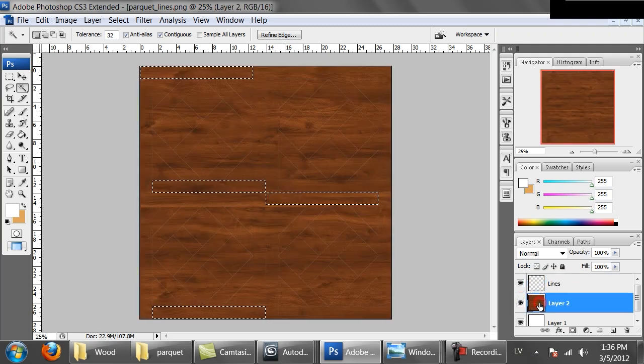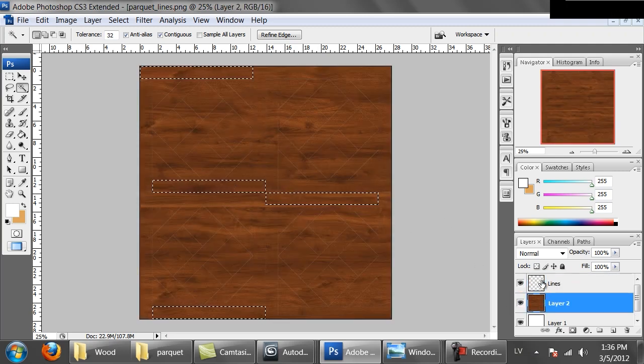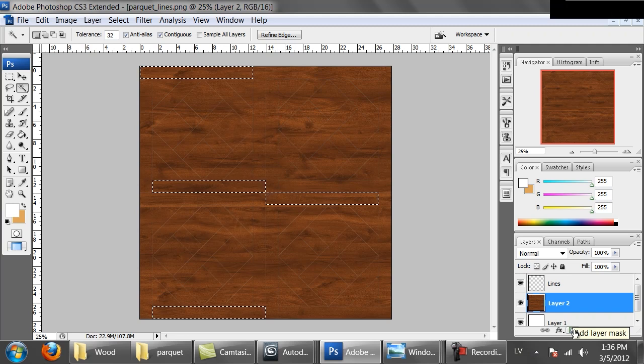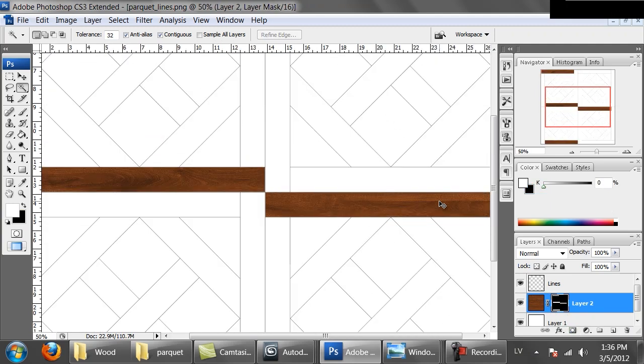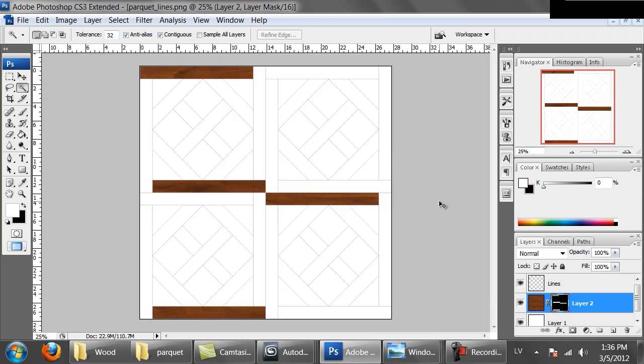Okay. Once I have the selection active, I go to the wood texture layer and press the mask button here. This hides everything except the selected area. Perfect. I'm going to duplicate this layer, delete the mask,